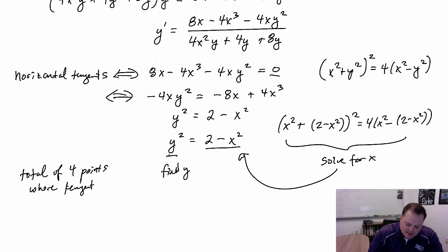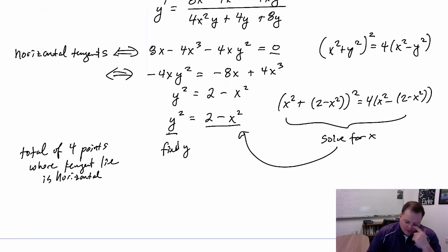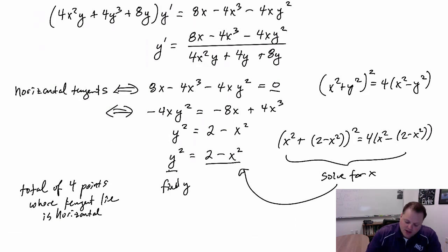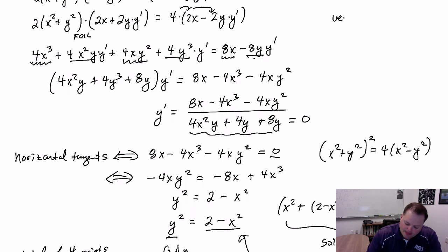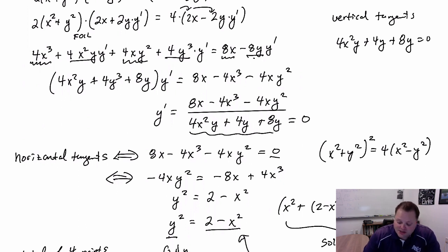where the tangent line is horizontal. The same thing is true for the vertical slopes. If you wanted to find the vertical slopes, you would just take this, set it equal to 0 to be able to find the points where this is vertical. So vertical tangents occur anywhere 4x squared y plus 4y plus 8y equals 0. And that's going to be much easier to solve